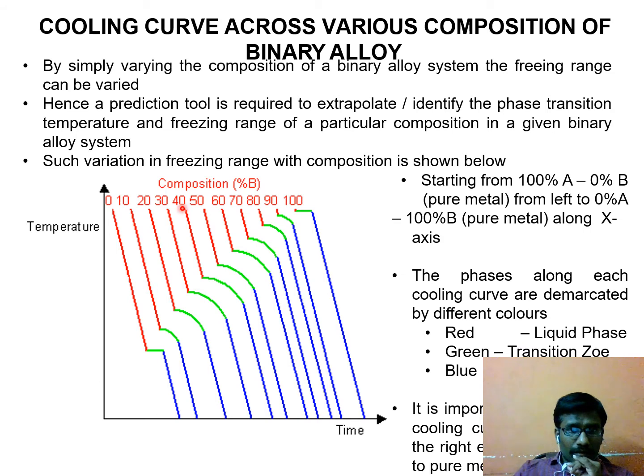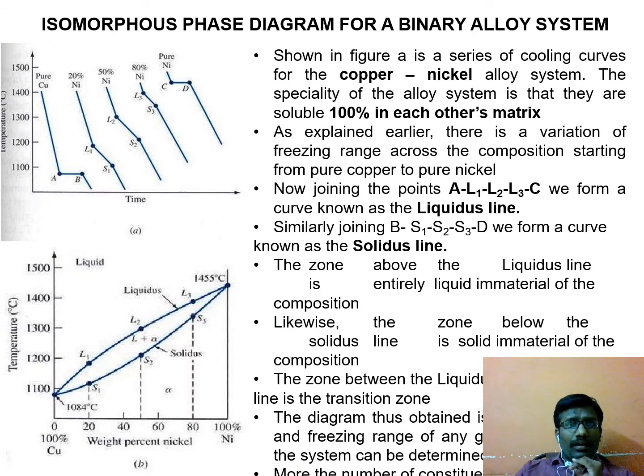So now this red zone we can call, it is entirely in liquid phase. This green zone is the transition zone, that means both liquid plus solid will be present. And this blue region is entirely solid phase. So now we can see the isomorphous phase diagram for a binary alloy system. Here we can take two metals that are completely soluble in both liquid and solid state. We can call it an